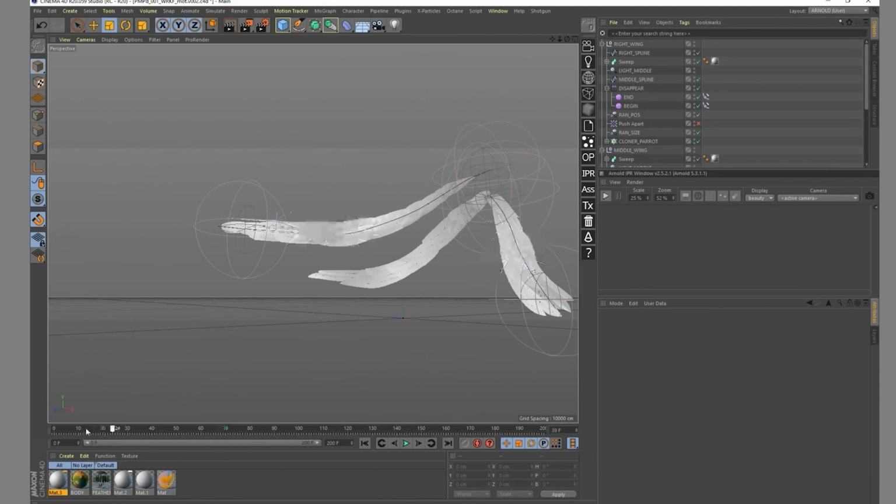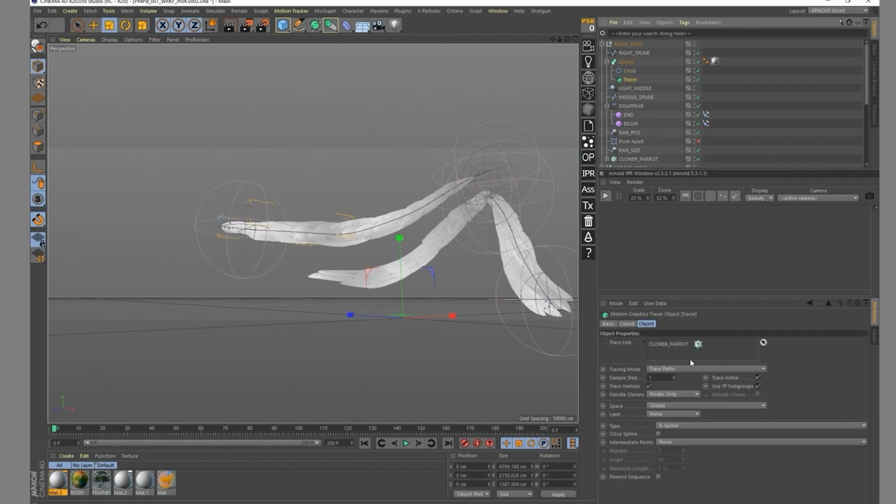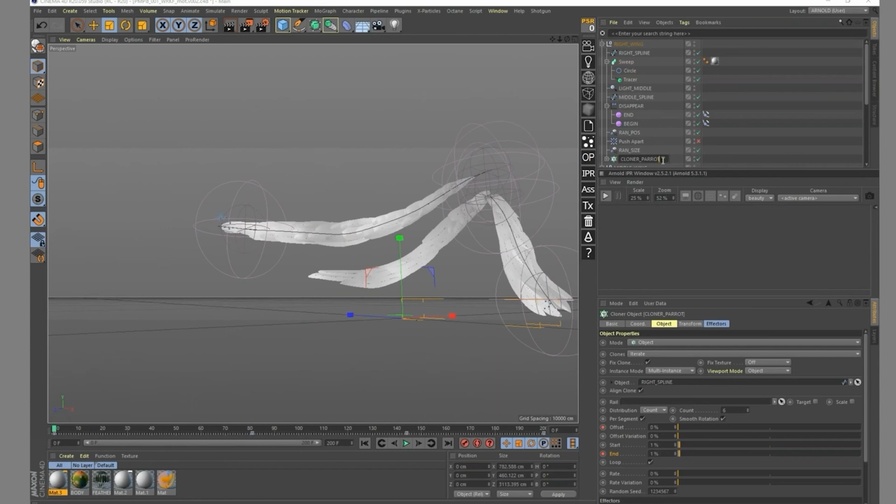So now the issue is that the sweep is still using the same, I think. The tracer is using the cloner parrot, but I'm not sure if it's the right one. So once again, the best way is to rename that parrot right, just to be sure that you are referencing the right object every time.